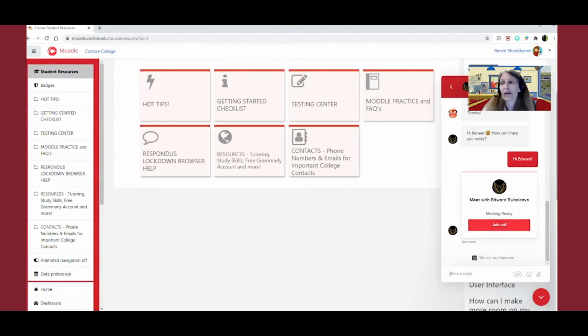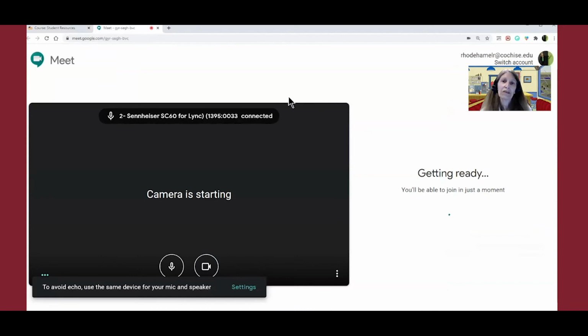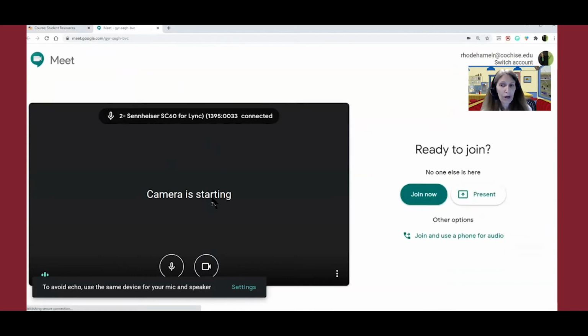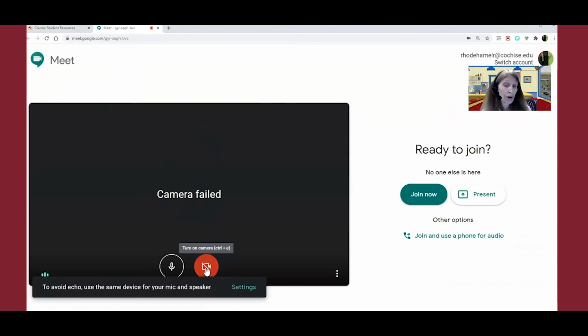Now, of course, we can't click all the way through this because we're in the middle of a Zoom meeting right now, but if I were to click here on join this call, then another browser tab pops up. And of course it's saying camera failed because I'm using my camera right now in Zoom. But you can see that you can leave your camera off if you want to just talk voice with us. And then you would click the join now button. So that can sometimes be faster than just typing, but that's up to you.